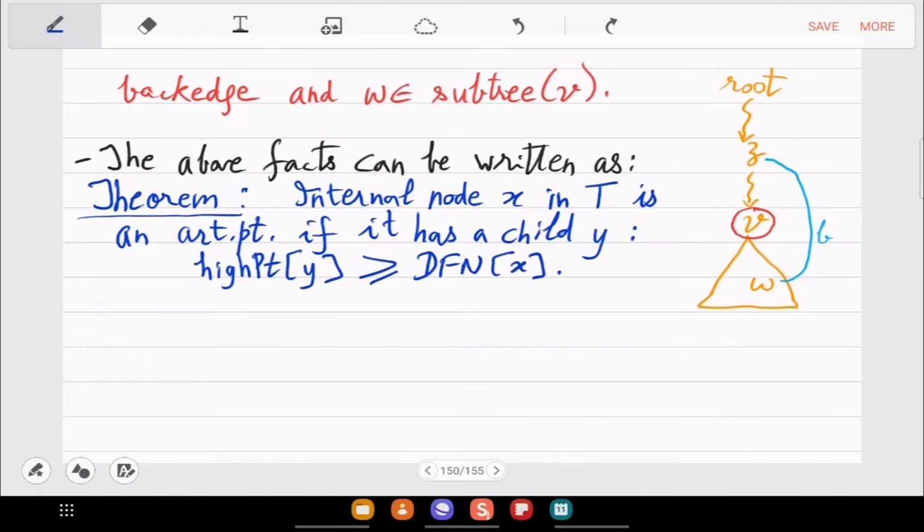So this is just one inequality. If you have the high point and DFN arrays, then this is all that you have to check to enumerate all the articulation points X. Okay, so this is the exact condition rewritten with the high point array.